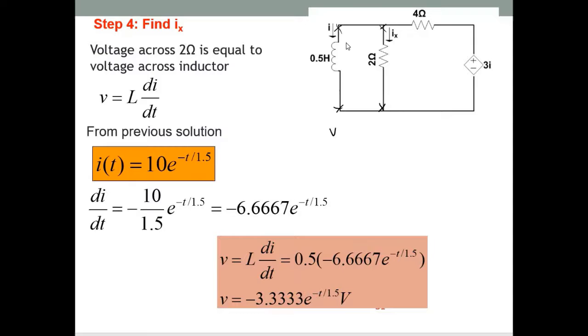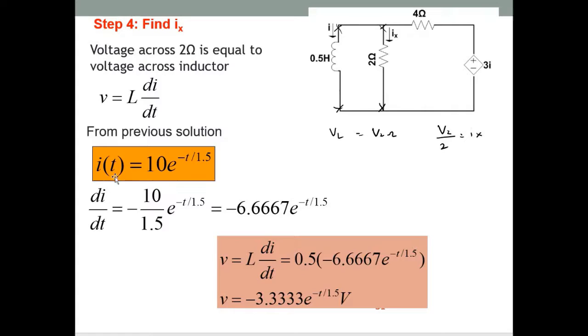That's why we need to find the VL, which is equal to V2 ohm. Then we can use Ohm's law, V2 over 2 ohm is equal to Ix. That's why we first find the VL, which is L di over dt,